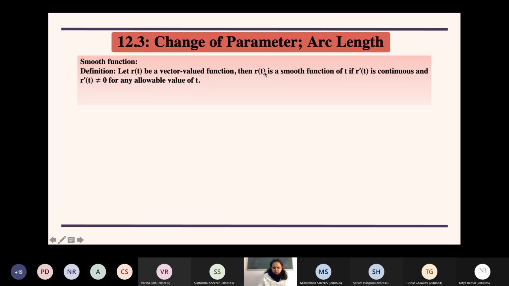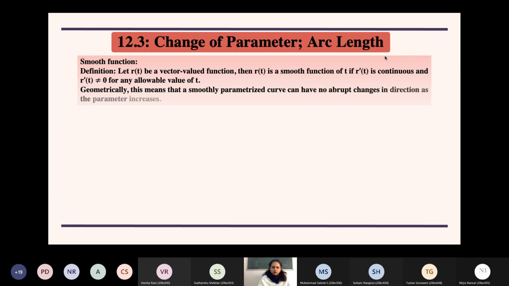So this is a requirement which is to be there, because we want to find a certain integral, and there we'll be using this particular condition, that this is smooth. Okay. So smooth will geometrically mean that there are no abrupt changes in the direction. So when you try to sketch the curve, you will see that abruptly it does not change its direction as t increases. Okay, so as you increase values of t, you may have a smooth variation in the shape of the curve, okay, with t.